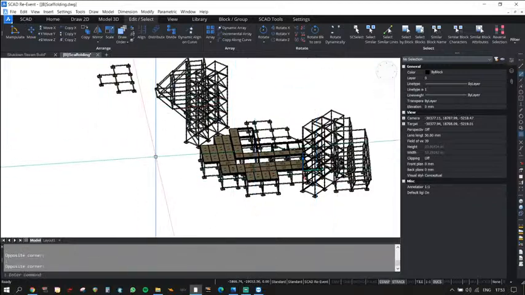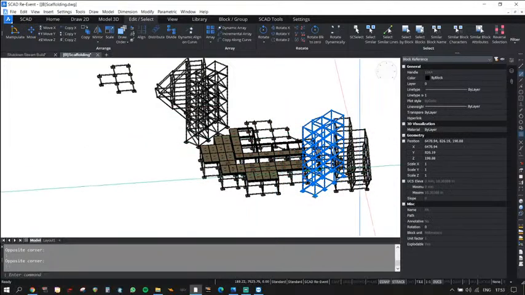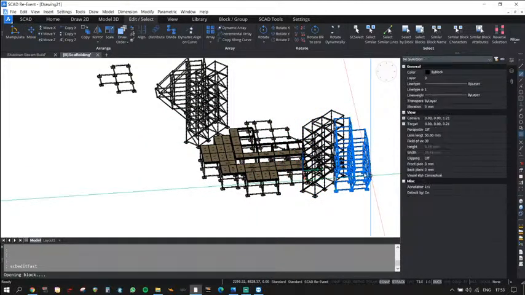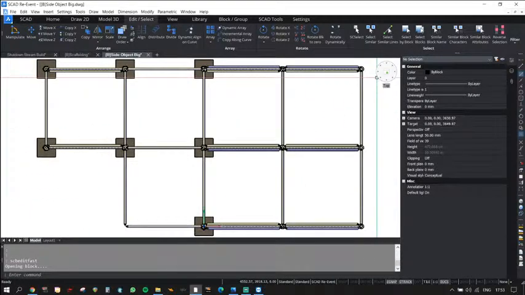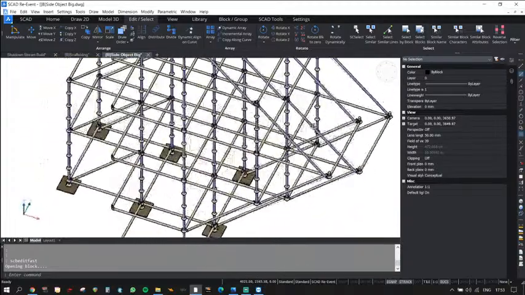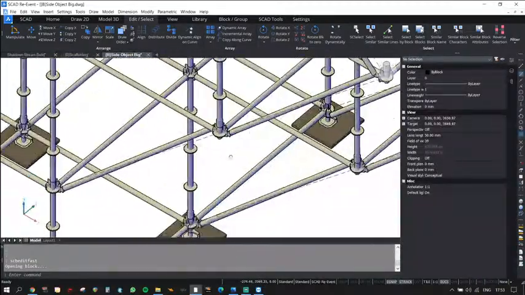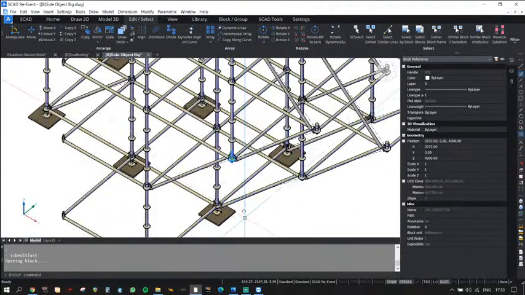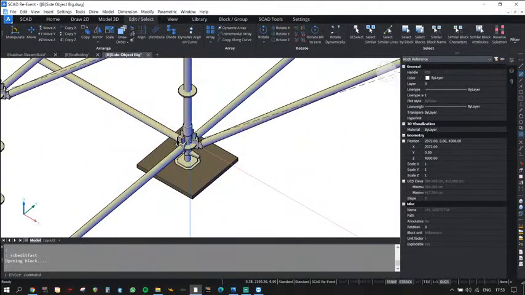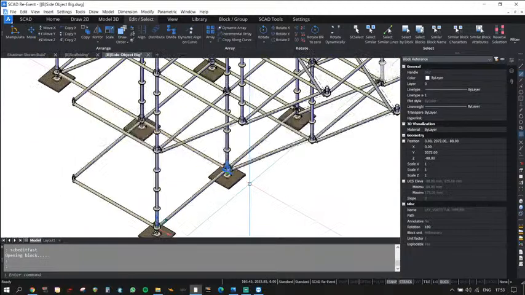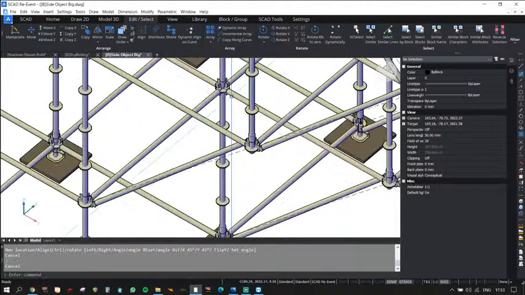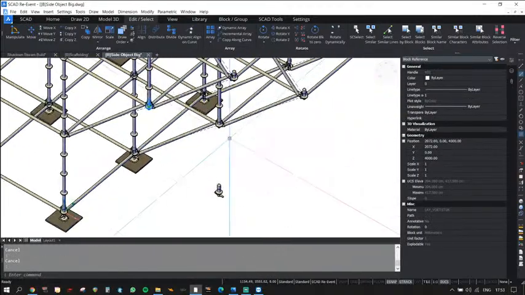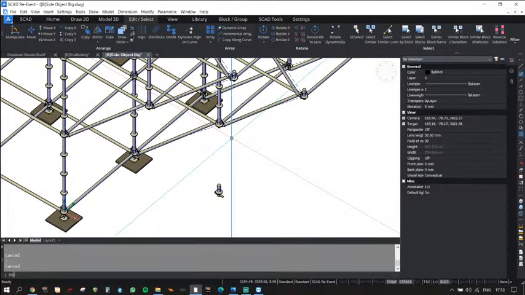Alright, so I have 7 minutes to go. What I'm gonna show you now, or the last thing, for scaffolding. So we have this drawing now. So what I want to do is I'm gonna copy that one out over here. I'm gonna click